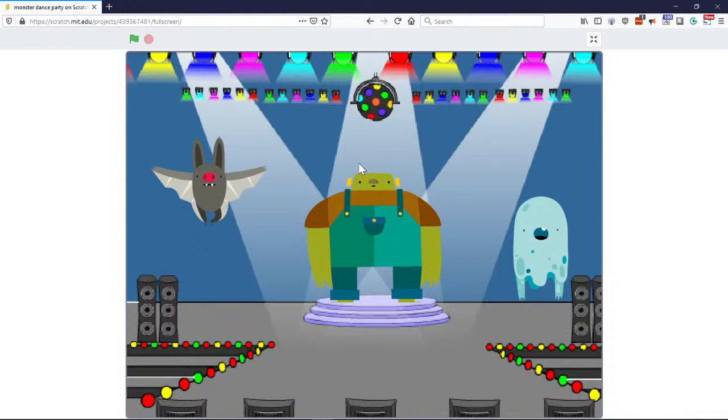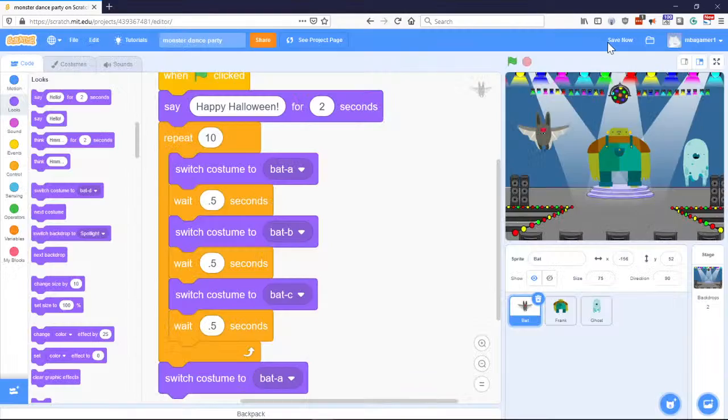I will say it looks kind of like Frankenstein was dancing, and then it made him stop, and his face was kind of like, oh. So I think that actually works out pretty well. Okay, so that's kind of our final dance party. There's a lot of other things that you could do if you were dealing with motion. I think in the previous class we made it so the bat turned and then came down this way. But let's go ahead and do our